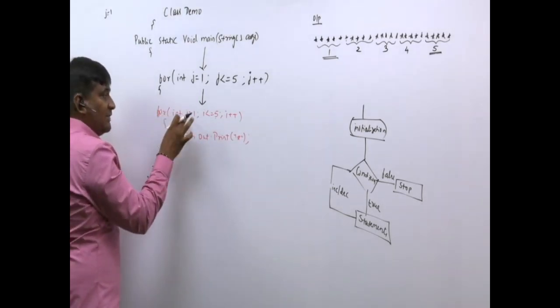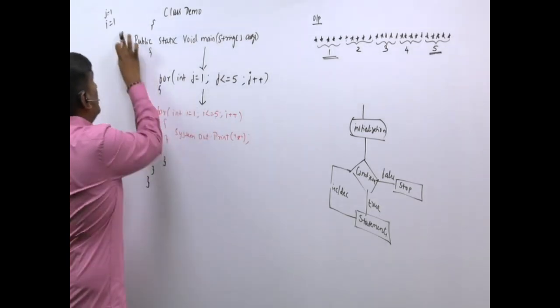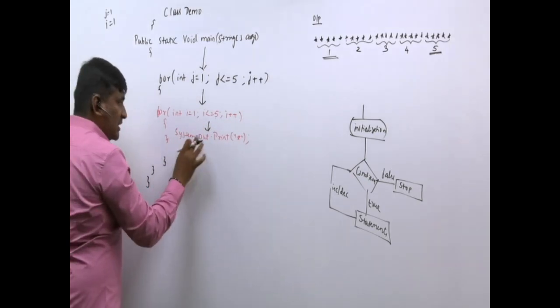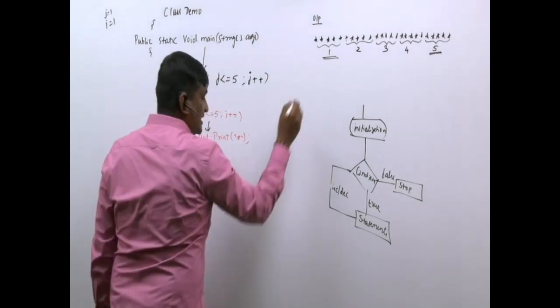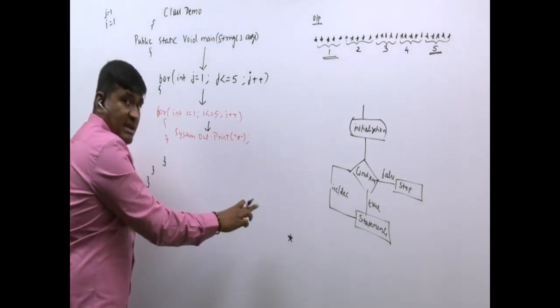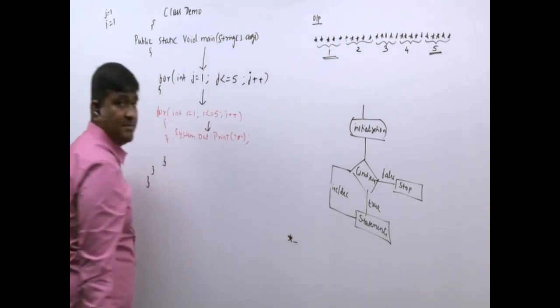Again, how will the for loop work? First initialization, i equal to 1. After that, check what condition? The i value is 1. Is 1 less than or equal to 5? Yes, come inside. System.out.print star. So it will print star like this. Print star. Correctly think and answer. Will the cursor be in the same line or in the next line? Cursor will be in the same line because you are using print.